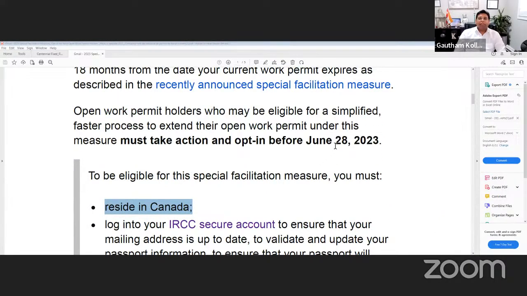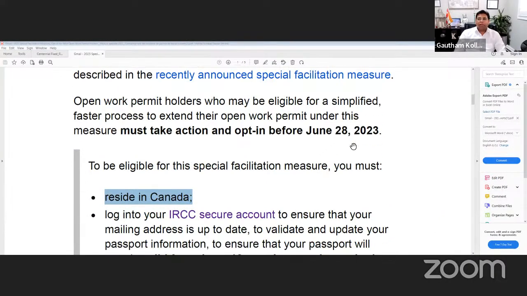It's expiring on July 30th, and the opt-in is till July 28th, where he can just log in. Anybody who has temporary residence status in Canada expiring till the end of December will be able to apply. The opt-in deadline for where to click in and apply is June 28th.